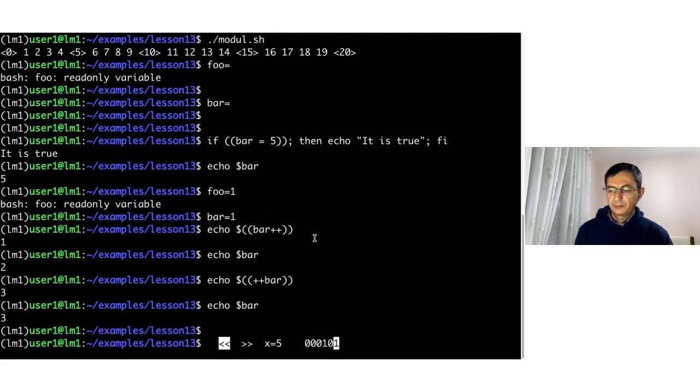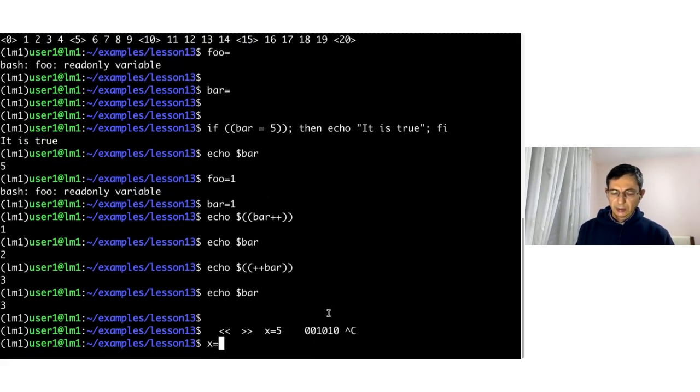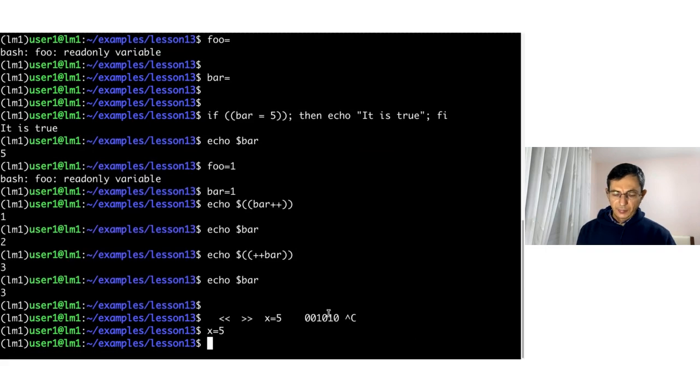Now, if we shift them left, then the first bit is dropped, but another 0 is added to the end. And the value of the number is increased. Now this is 10, I think. So let's say x gets the value 5, and now echo